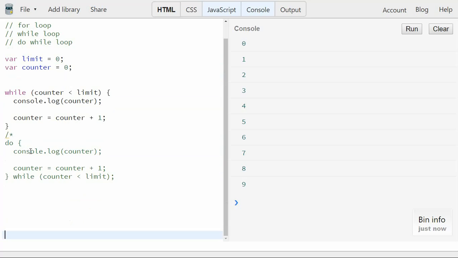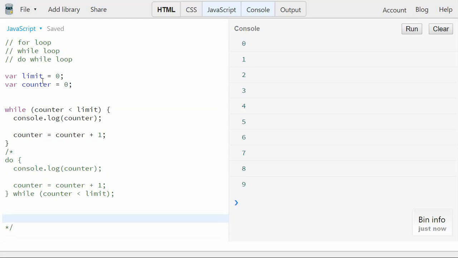This is going to demonstrate the difference between a while and a do while. Our while loop, if we said our limit was 0 and our counter is 0, the while loop is never going to enter, because 0 is not less than 0. They're equal. So 0 is not less than 0. This doesn't run. Now, the do while loop, with the exact same conditions, the exact same code in it,